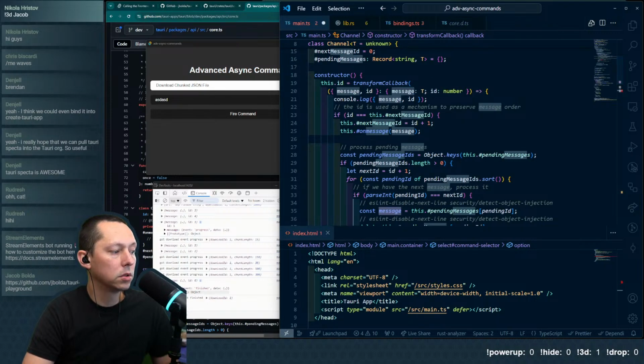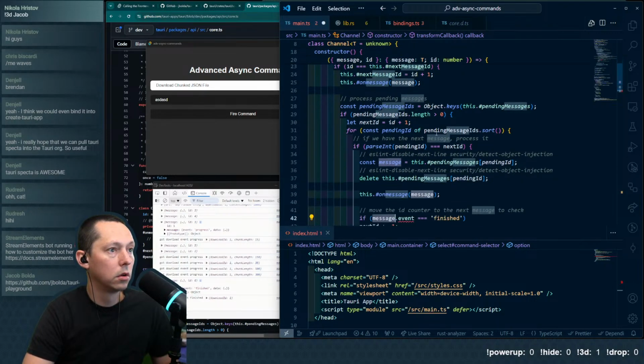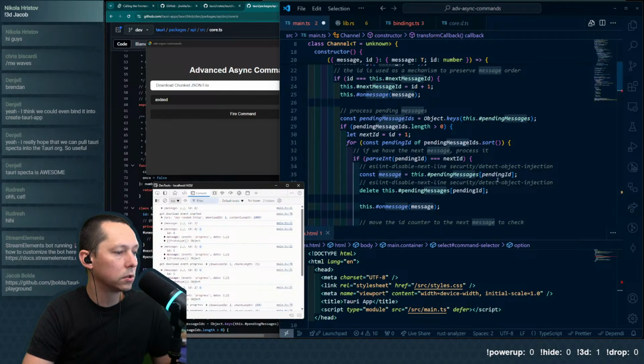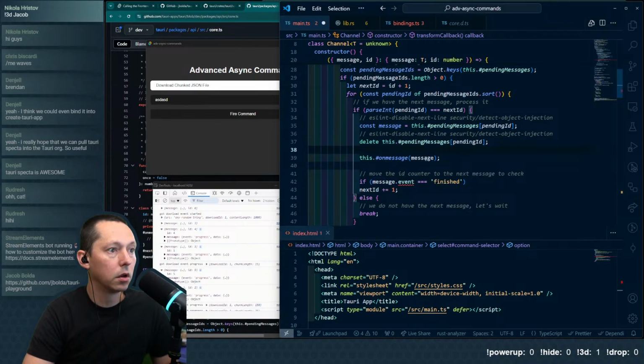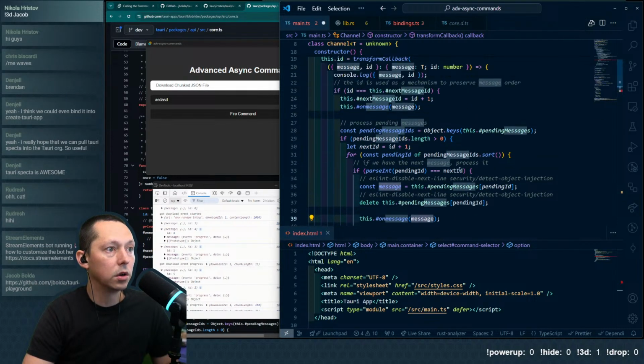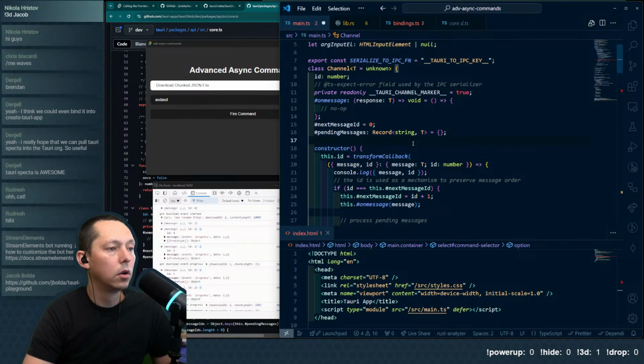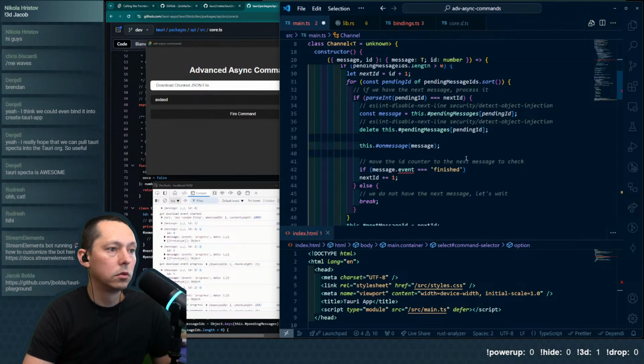So we're logging a message. So if message.event is, it's not on everyone? I don't know why TypeScript is complaining there, but T unknown. Okay, fair.